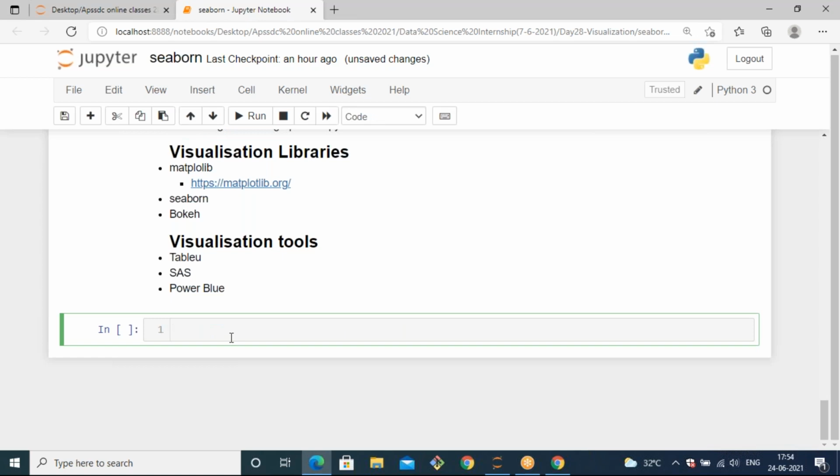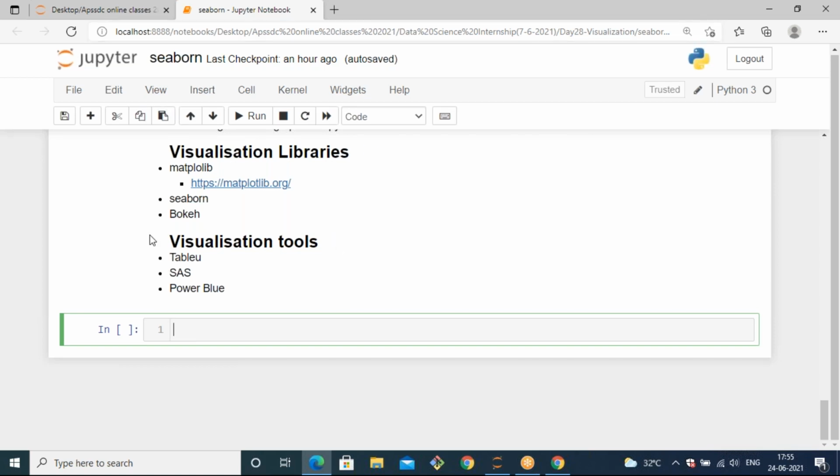So by using Seaborn we are going to visualize something, and in the backend Seaborn also takes Matplotlib to visualize anything. Now let's see how to install it. Seaborn is a package, so with that you can visualize. When you use other IDEs, you need to install it manually, but because we are using Anaconda, Anaconda might already have all these libraries.